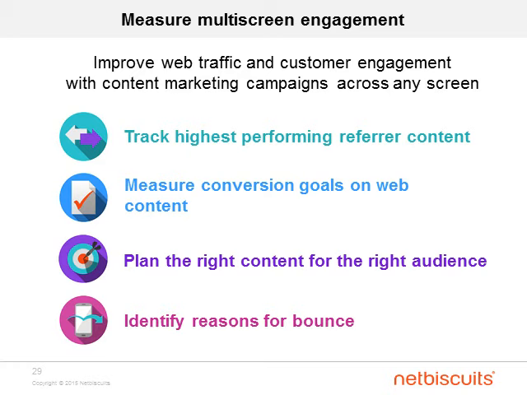Number two, measure conversion goals on web content. As I mentioned, this would link back to the type of content being measured, so from that previous slide. But for video, for instance, it would include things like the time a customer spends watching the video. If it's an article, you can find out if they were really interested in the content by checking how far they read, so the scroll depth on a page. If it's an asset, of course, the number of downloads is important.